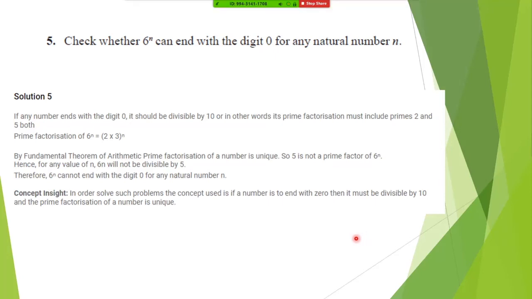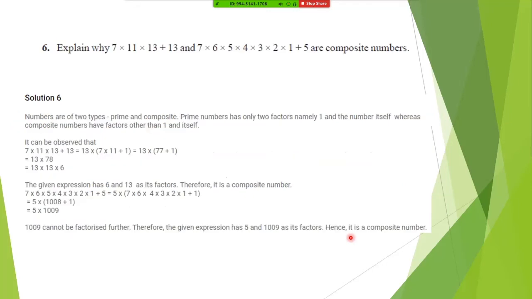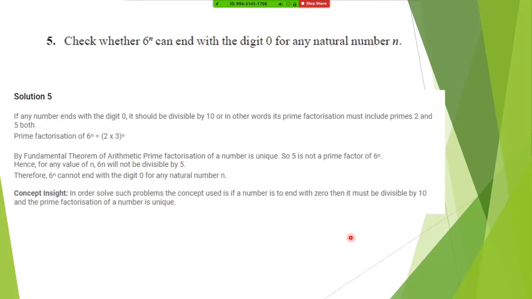Now, what's the next question? One minute, I've just mixed and matched. Wait a minute. Question number 6. Again, question number 6 is a bit theoretical. Only this chapter has questions which are a bit on the theory side. Okay, children, are you done with question number 5? Shall we proceed to the 6th one? Somebody needs to mute, please.